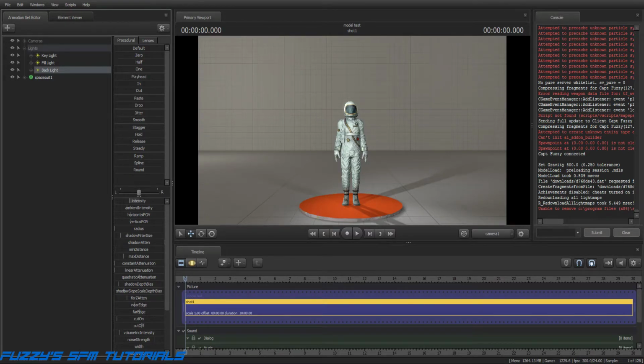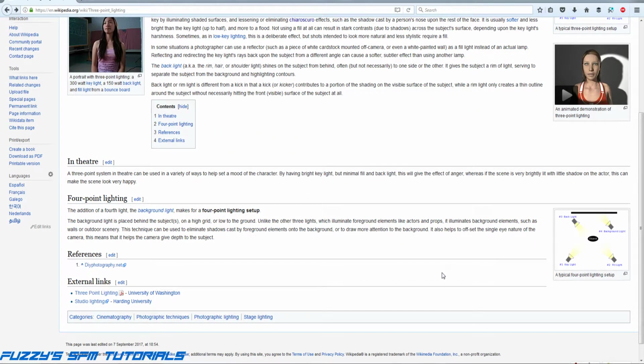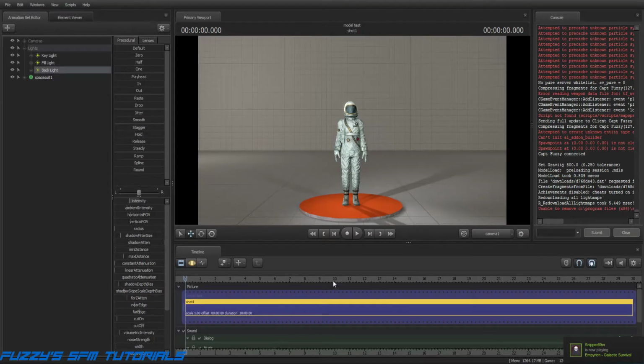Now, this article does make mention of 4-point lighting, and really the only difference between 3 and 4-point lighting obviously is a fourth light, but that's the background light. Normally that's used to illuminate something in the background back here that you kind of want to show up or want to draw attention to, but it's not the main subject